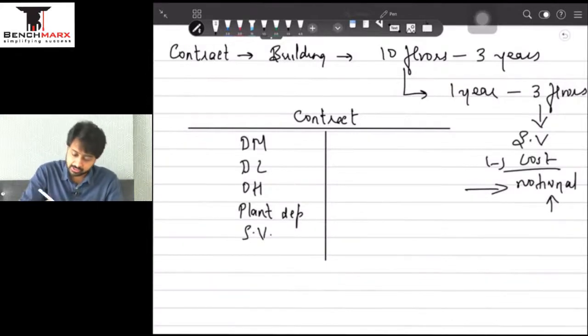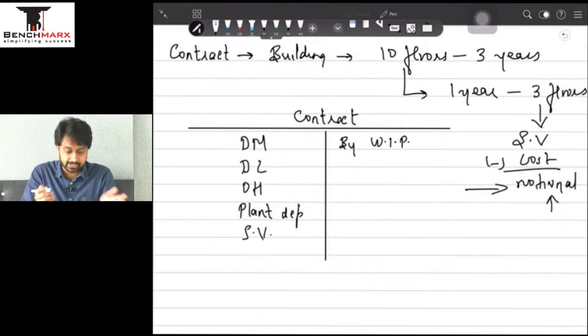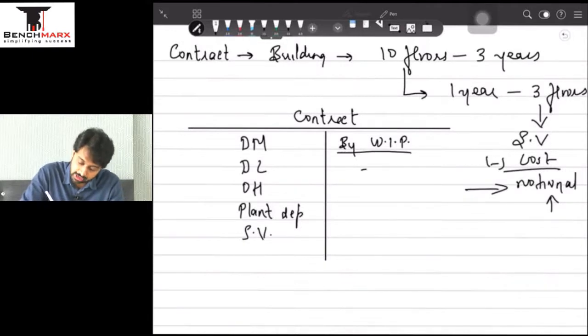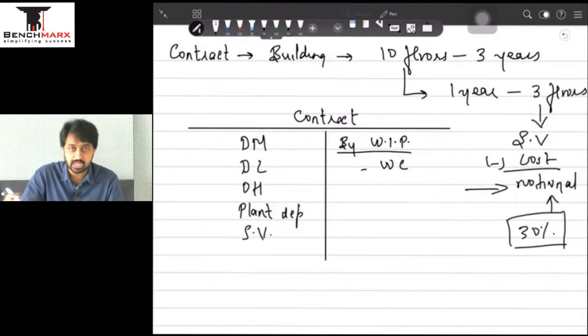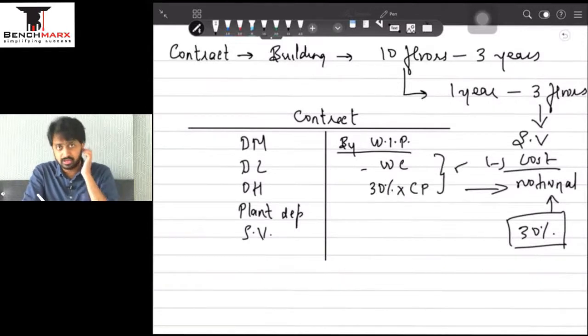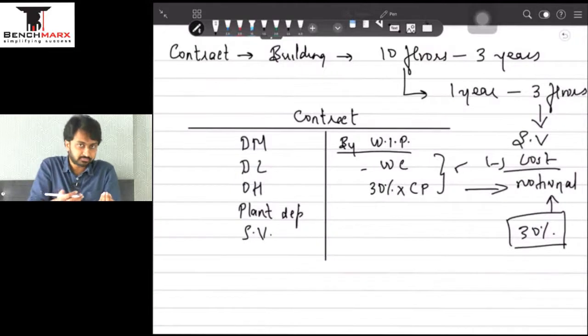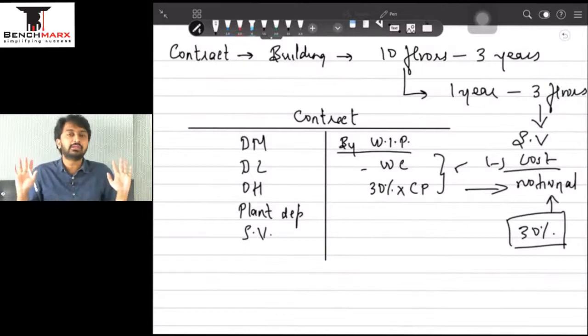Coming to the contract account credit side, we write by work in progress because the contract is not fully ready, but we split WIP into something called as work certified. There is a surveyor who comes and certifies कि भाई building ready कितना है. He will come and tell me कि building 30% ready है because अपना 3 floors build किया था out of 10 floors. I am giving just an example. This 30% will be applied into the contract price and I will get the work certified. This is like my notional sales. कि अगर 30% of the building would have been a finished building, this would have been its selling price.